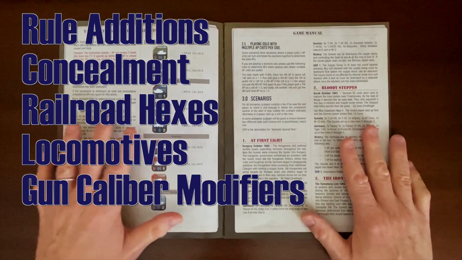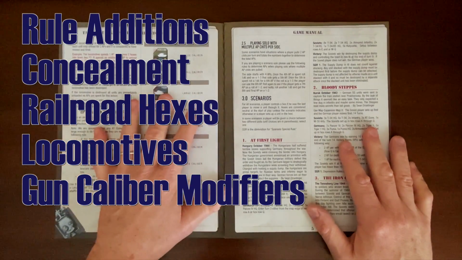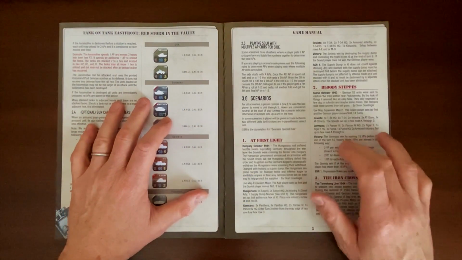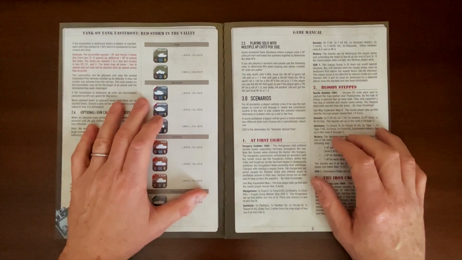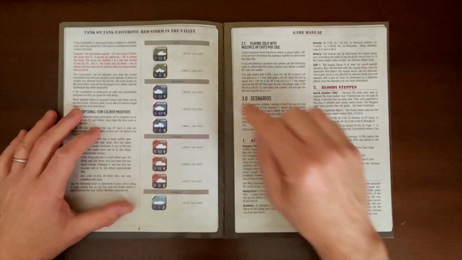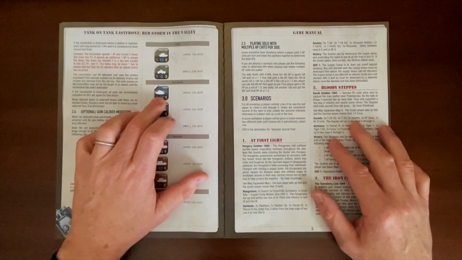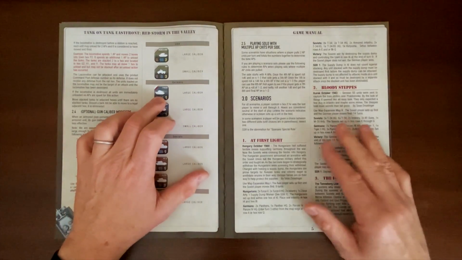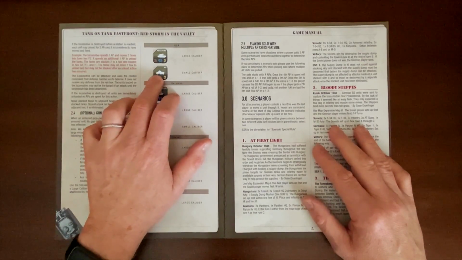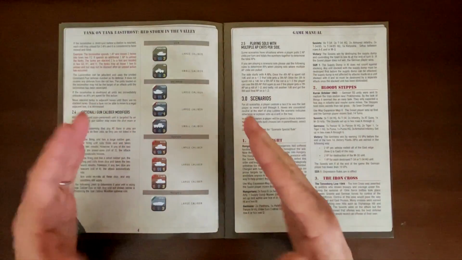But then the rule change that I really like is this optional gun caliber modifiers. So in the original game, the power of the tank unit that was firing didn't matter in terms of whether it was going to be able to knock out a target or not. So they added in regular caliber weapons, small caliber and large caliber weapons. So a Tiger tank that's firing now has a much better chance of knocking out its target than does a smaller caliber armored unit like this M8, which makes a lot of sense. I mean, it makes the game a touch more complex, but I like that